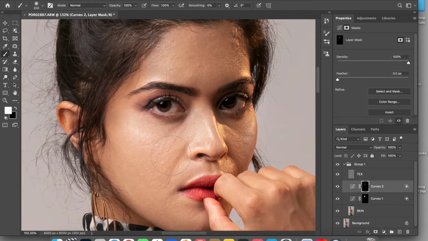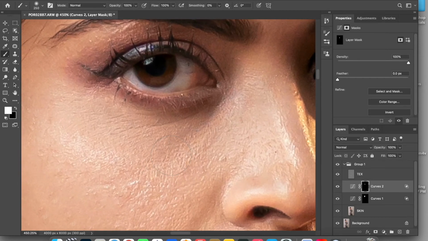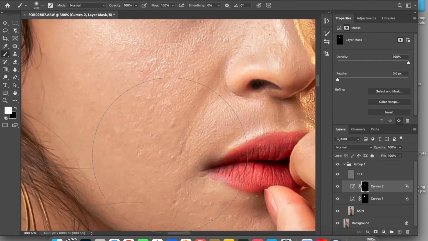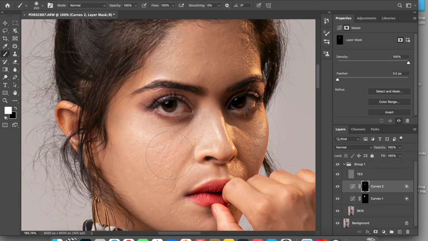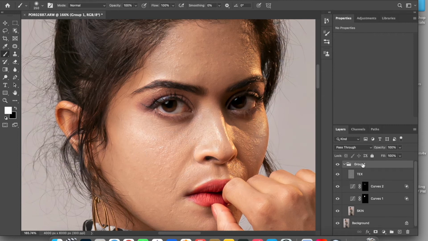Since we finished the first method and we have learned how frequency separation takes place, now there are some faces which can be very challenging, where you have lots of blemishes and it's impossible to remove every blemish. You can still apply this method, but it is going to take lots of your time. So there is another easy way, the second method, wherein you change the entire skin and create an artificial texture. Now having seen the first method, if you zoom in on the image, you still see skin texture. That skin texture you cannot keep when you're following the second method. You will be creating an altogether artificial texture, and that's what I'm going to teach you now.